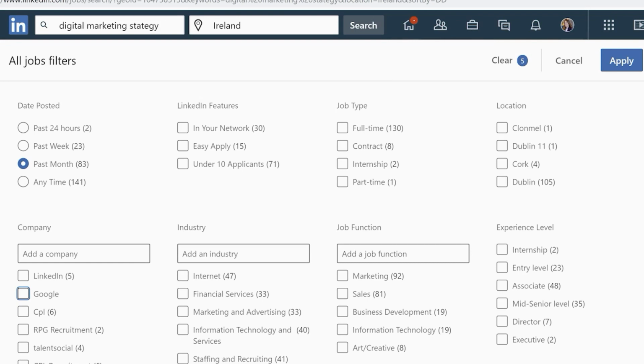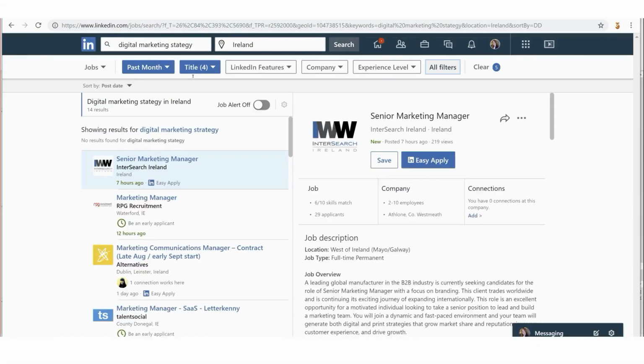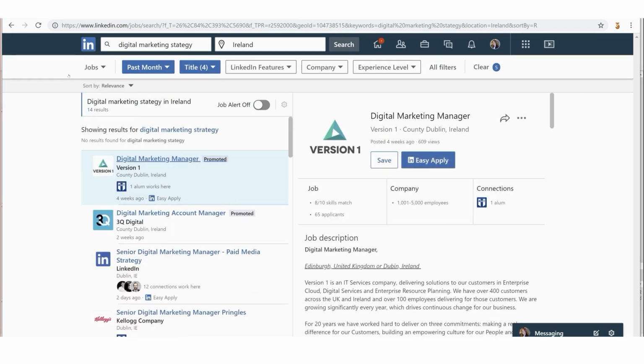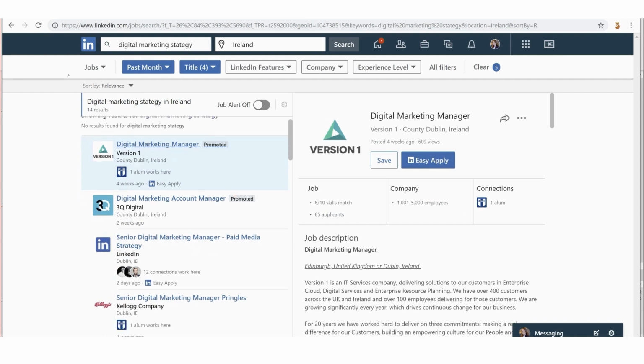And then I'm going to see what's been posted within the last 4 weeks. Can you see straight away, now it's refined it down to 14 search results. So that might take up less of my precious time when I'm trying to filter through all these results. And I'm going to flick back to relevance just to see what it thinks is most relevant for me.